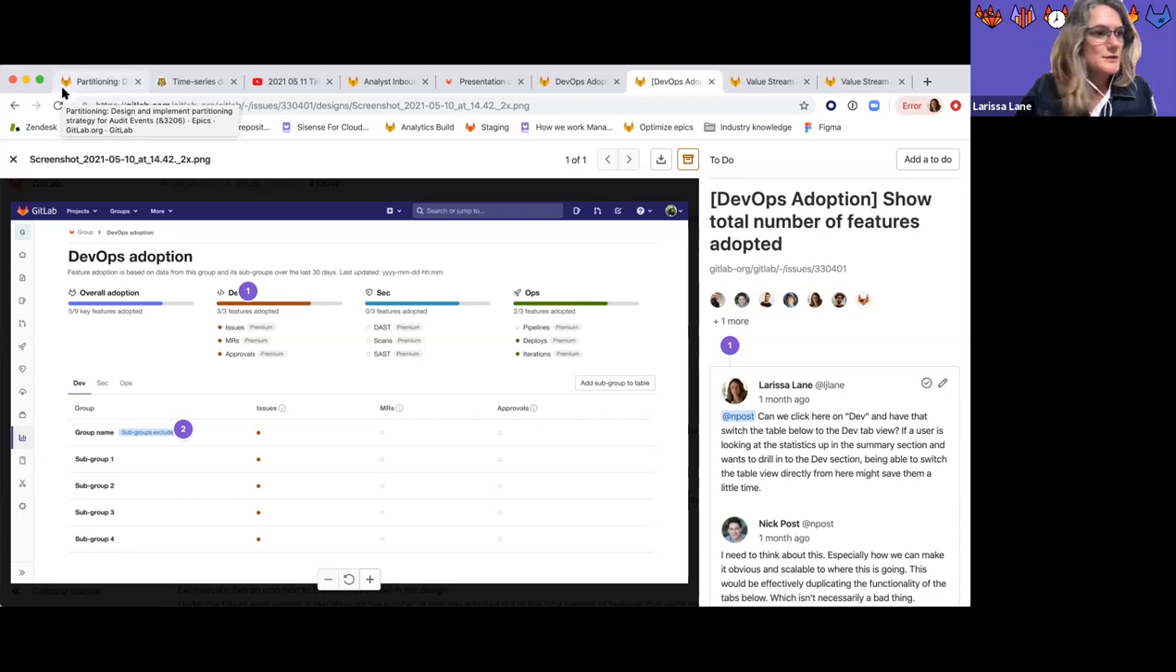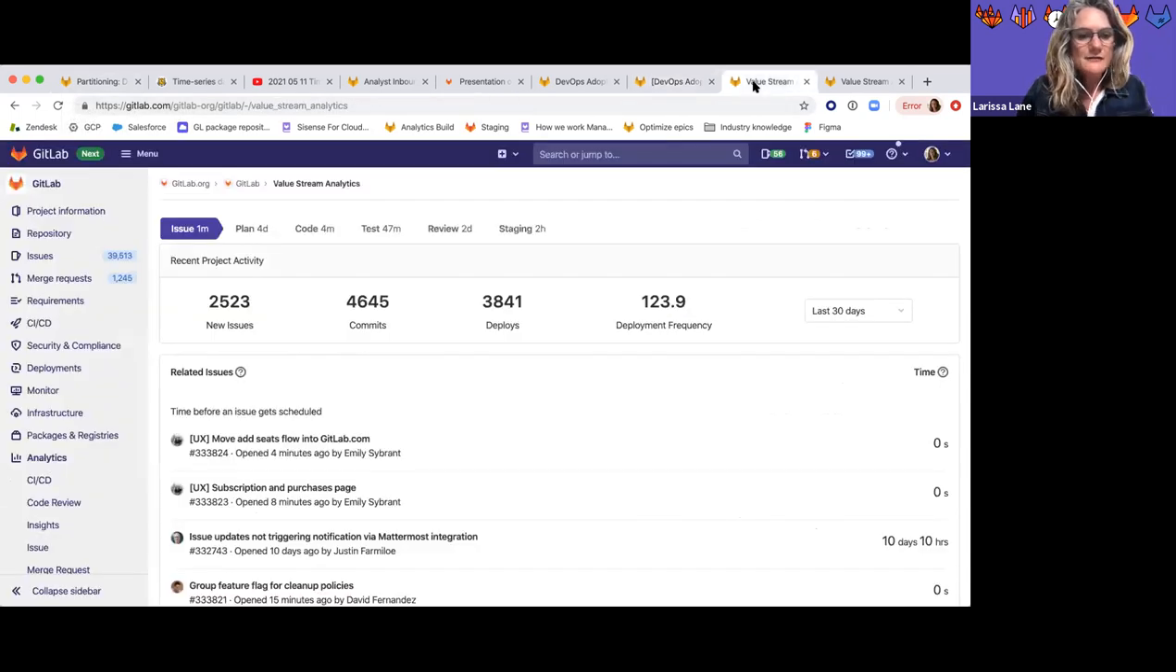Then we will be doing some improvements to value stream analytics. So for value stream analytics, we have value stream analytics available both at the project level and the group level. They both actually use different code bases, and so the user experience, the UI, is a little bit different between the two. We are merging those together, and the next iteration we're making on that is to